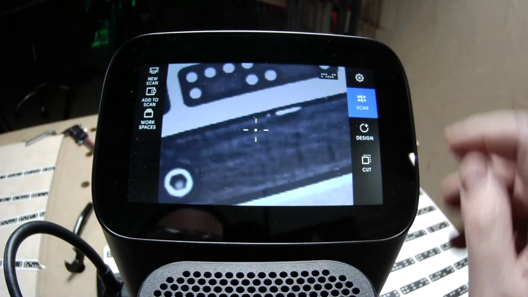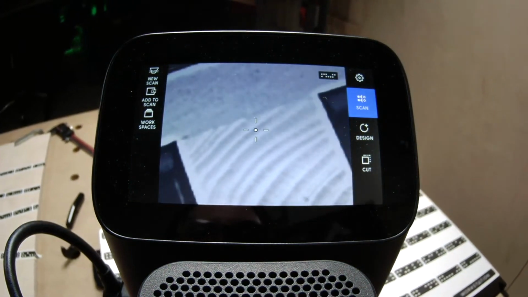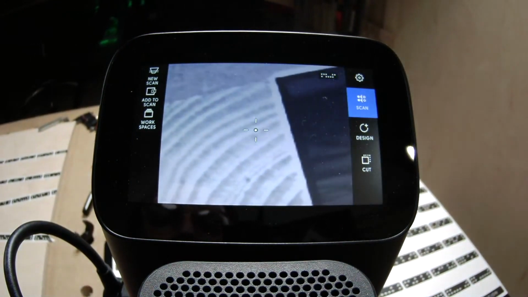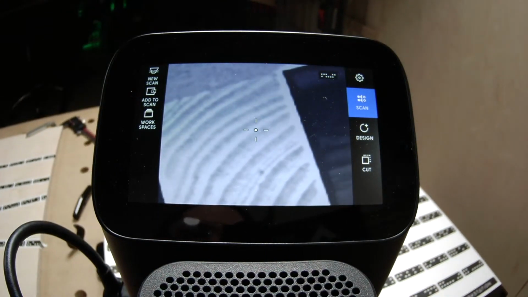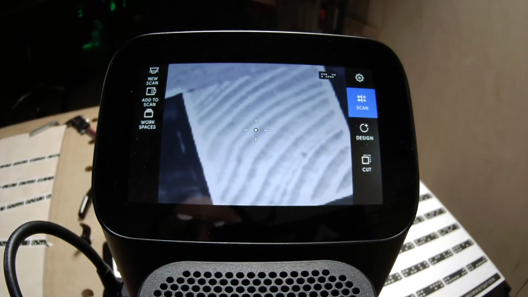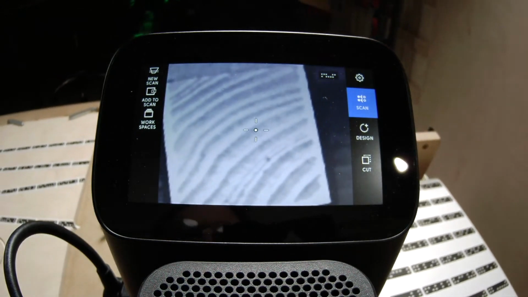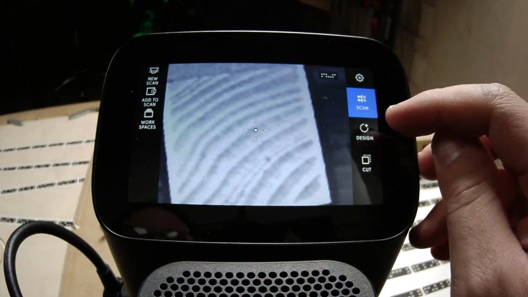Okay. So we're in our scan, and you can see this is the top of this piece of hickory that I'd like to cut a tenon on. And it's really important, obviously, that the tenon be centered on that piece of material. So I'm going to go ahead and go into